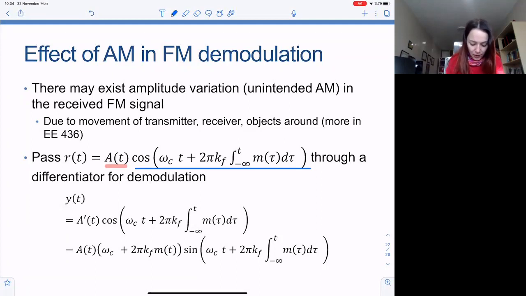So if you were to differentiate this, you would not only differentiate the FM, but you would be differentiating this time varying amplitude. Differentiation of a product of two things: derivative of the first one times the second, plus you also get the first one times the derivative of the second. So because of the derivative of the second term, right, we will be getting